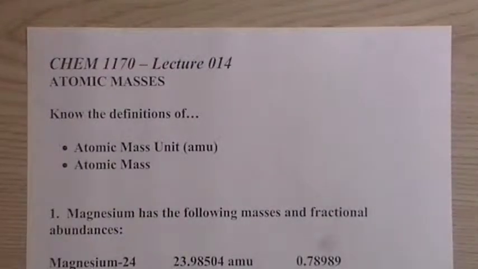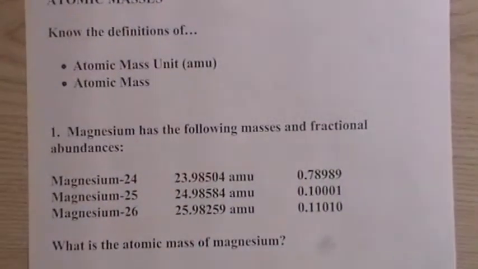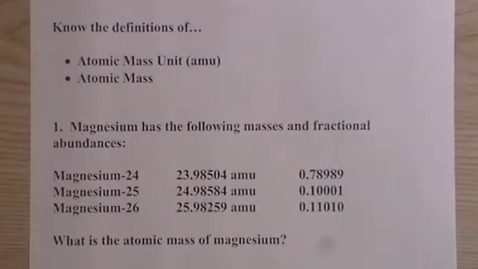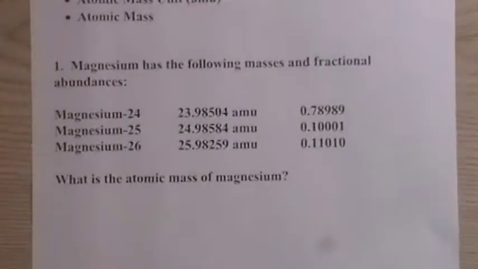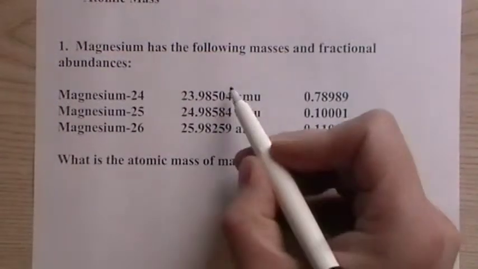All right. Lecture 14, atomic masses. So you should know these definitions. I only have one problem here because they're all the same. If you know what you're looking for, then no matter what you're given, it's set up the same way. What we're trying to find is the atomic mass, or the average mass, of magnesium from the isotopic masses